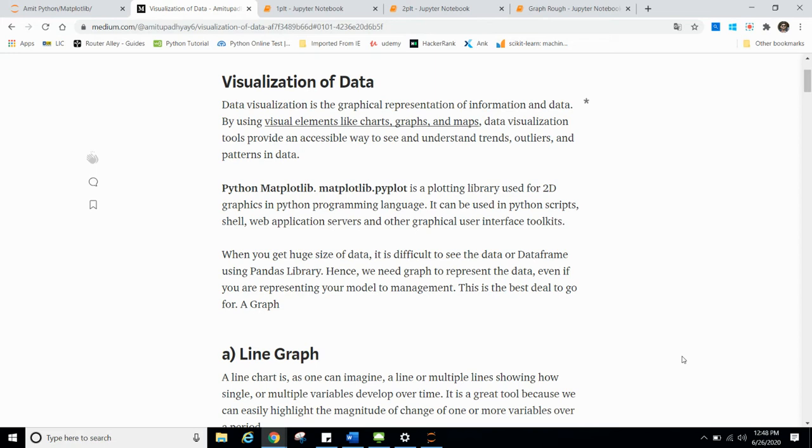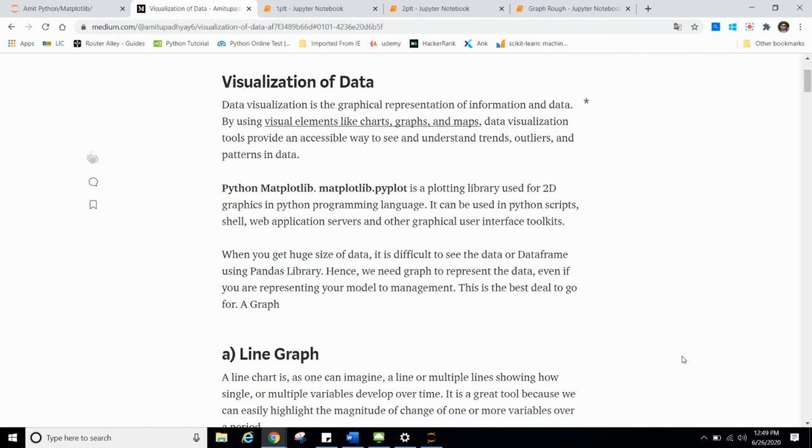Like we have a huge data for each and every department, but if you see the Excel sheet, it is very difficult to find, right? If there are only 100 rows, 1000 rows, you can manage to see, but if there are more than that, it is very difficult to visualize the numbers, right? Because you have to see multiple columns, multiple rows. It is very difficult to visualize. For that we need a graph, right?